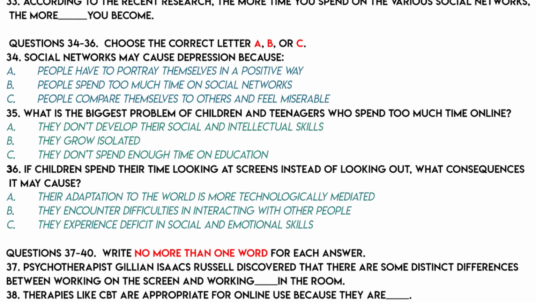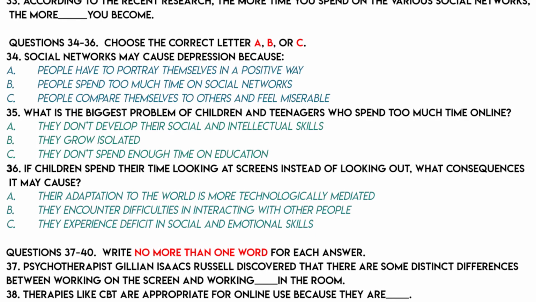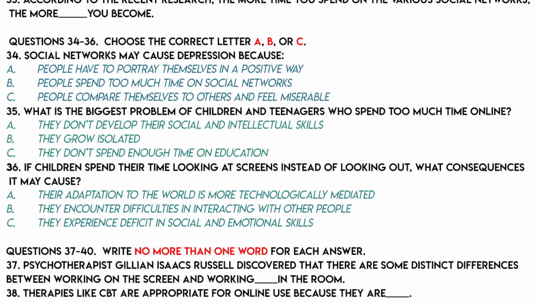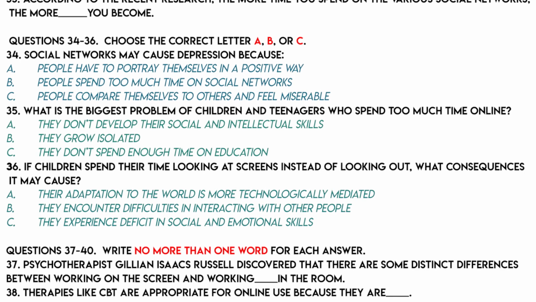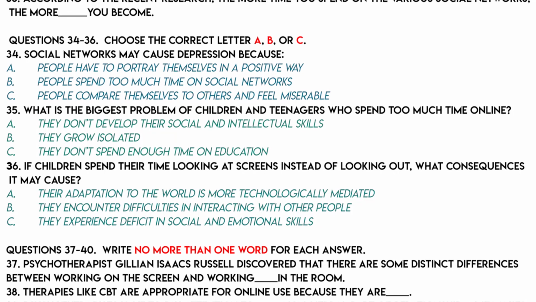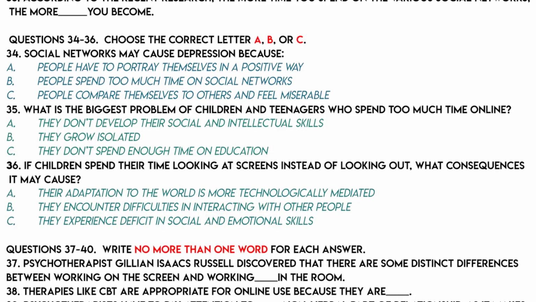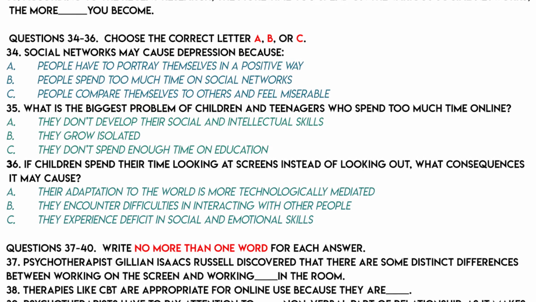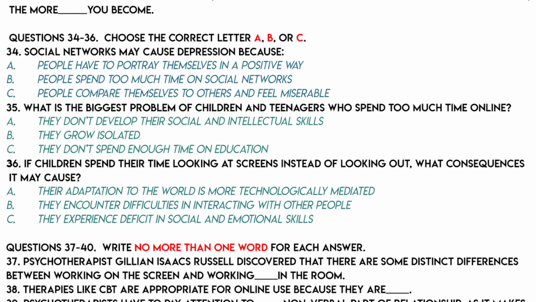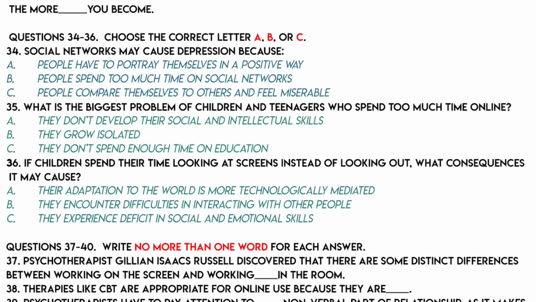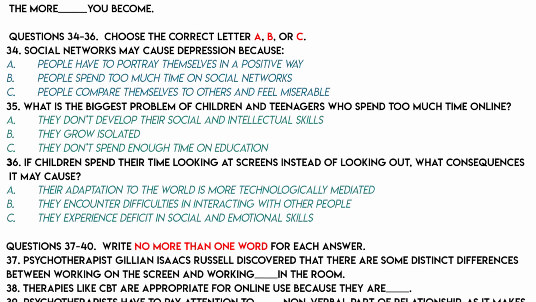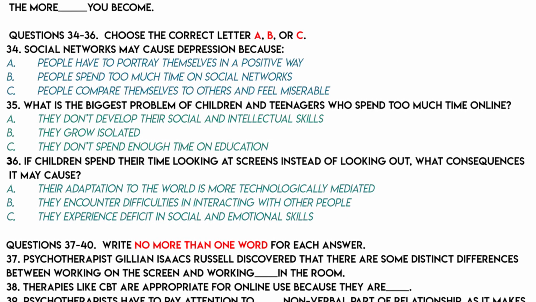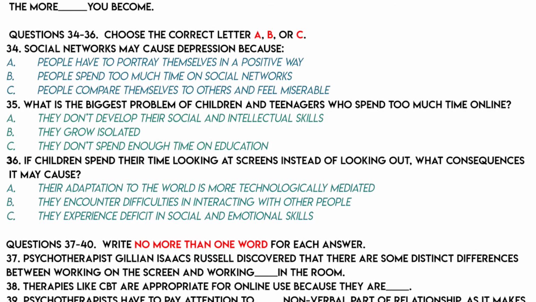And what about things like the sensory input that we receive? For instance, if you've got very young children, aged 6 to 12 months to 18 months, who are looking at screens instead of looking out and developing depth of field, what might that do for their development potentially in the longer term? One could argue that for them adaptation to the world will be even more technologically mediated, so it would only be a problem if you put them on a farm, asked them to hunt animals, or forced them to live in an Amish community.